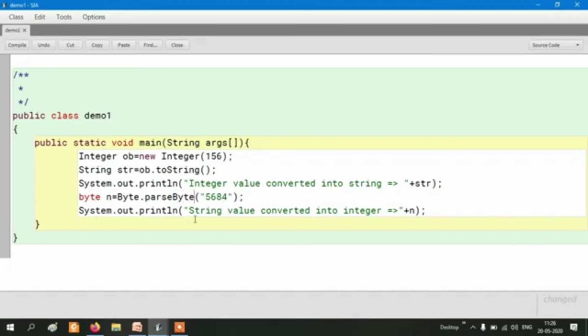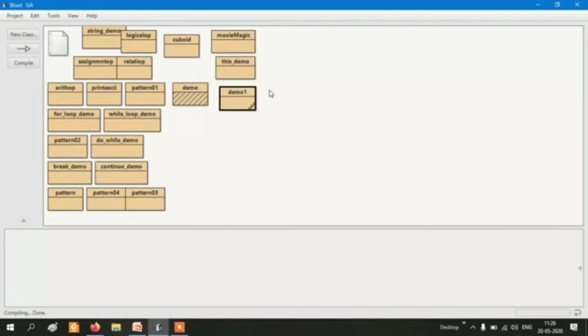Now let's execute this. Here also let's make the changes. Now let's compile this program, and let's see whether we will get the output or not. But I guess here you will get the runtime error because the value is too wide. So let's check.